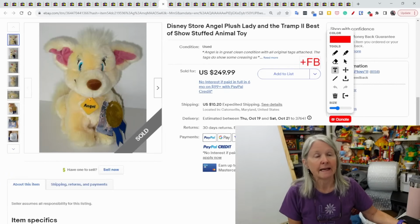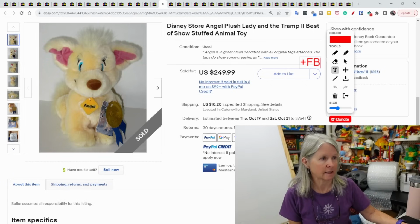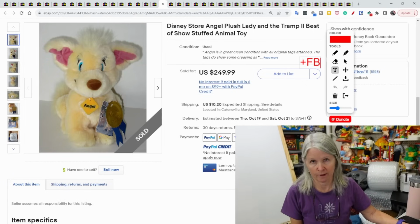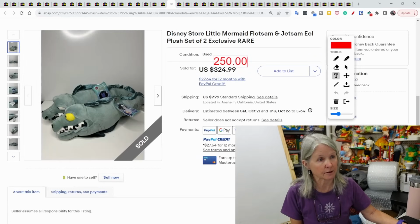All right, Lady and the Tramp. I think there's several examples from that movie also. This is Angel. I've had an Angel recently. Not this one, though. It sold for $249.99 with positive feedback. There are collectors out there who will pay, but you definitely need to be checking Terapeak,